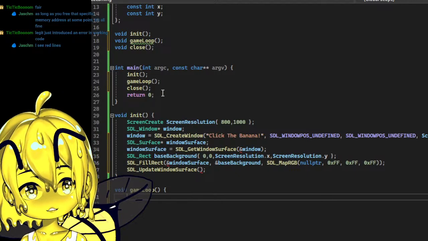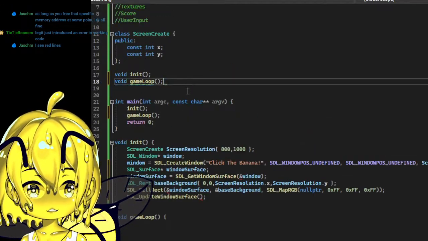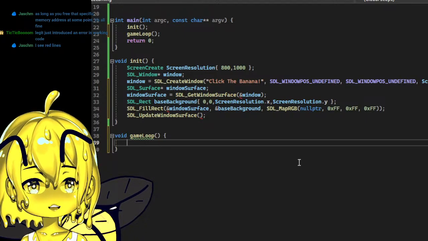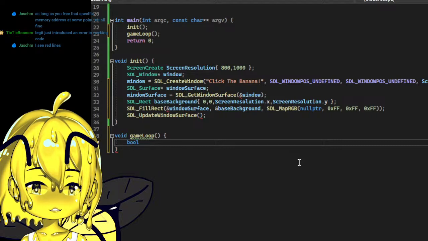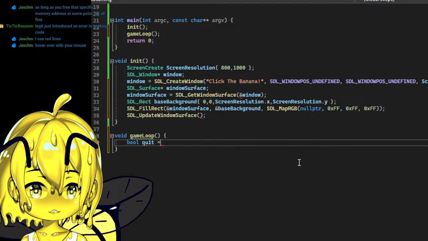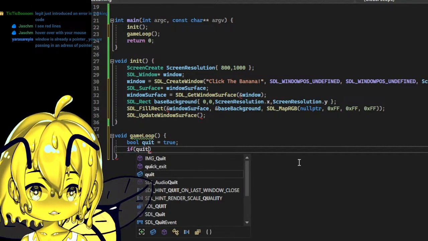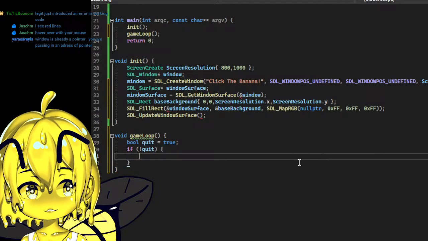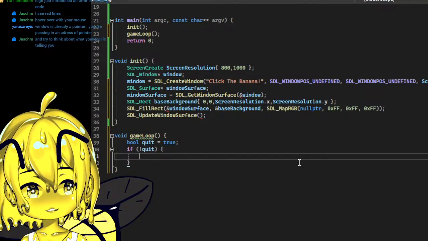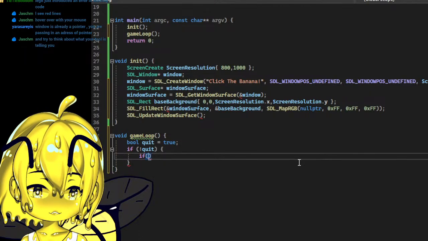So now we need to worry about our game loop, which is how is the game gonna stay open? Well, all we're concerned about right now is just keeping it open. So what we're gonna need is a Boolean quit equals true, and then while not quit, so basically while quit is true, run. If, we need to make an event,